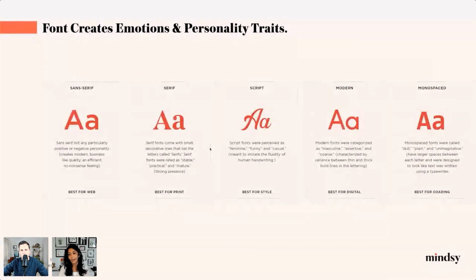Monospace, I'm not a big fan of it, it's more dull and plain, and I feel it's unimaginative. You can use it creatively in certain aspects, but it's better if you want to show something typewritten. I think it's best for coding purposes.